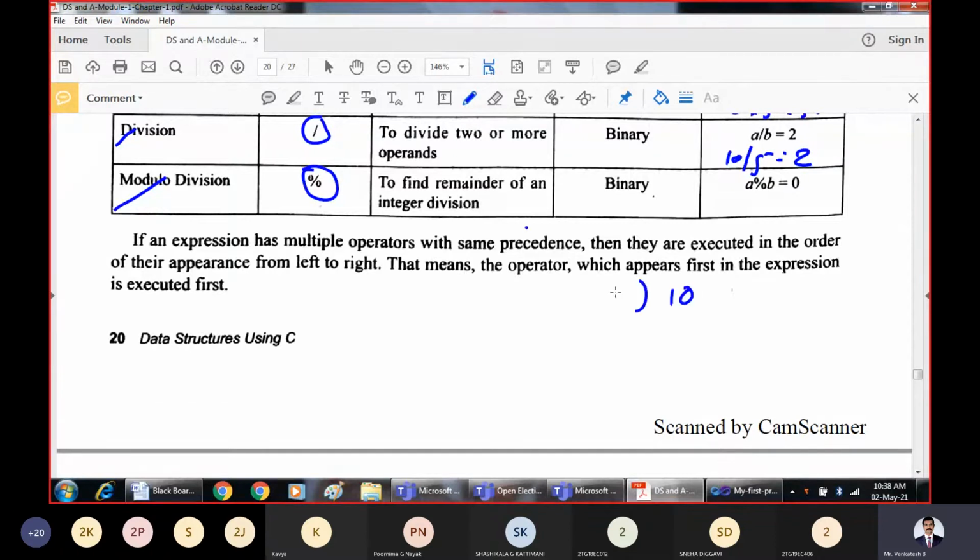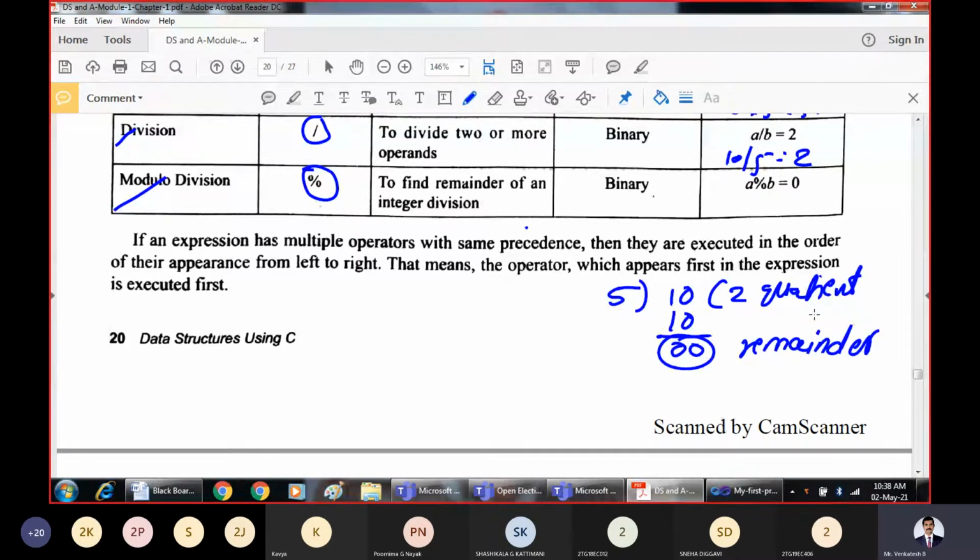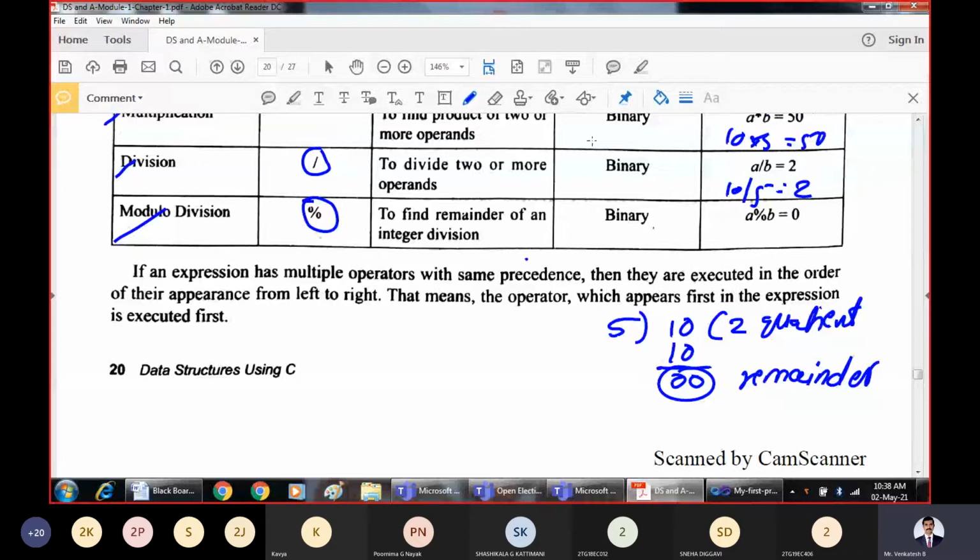When you divide 10 by 5, 5 into 2 is equal to 10, and we get the remainder as 0. What is it called in mathematics? It is the remainder, and the other is the quotient. So the division operation always gives 2.